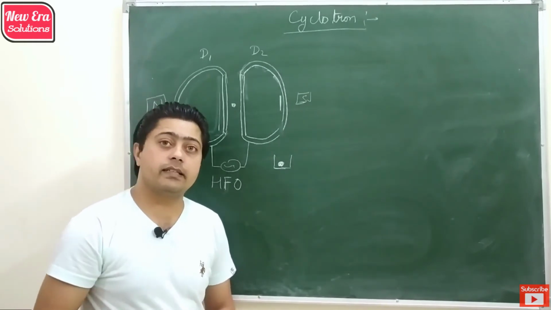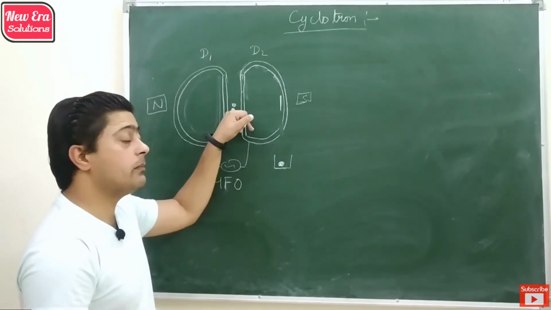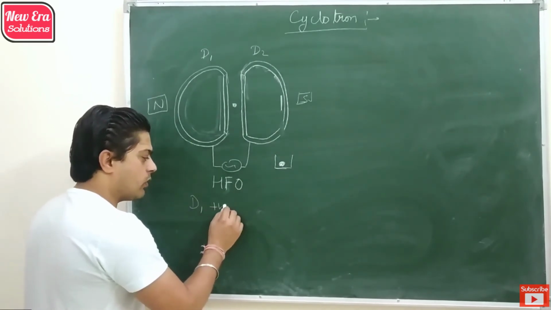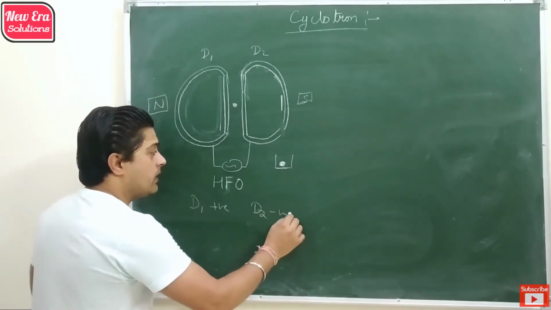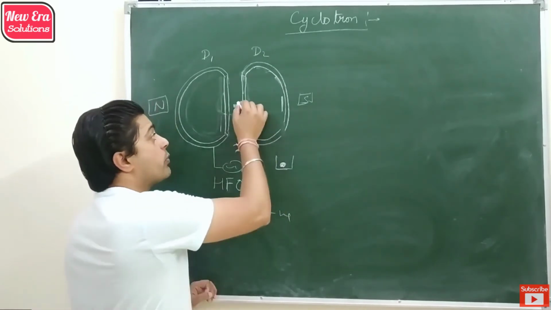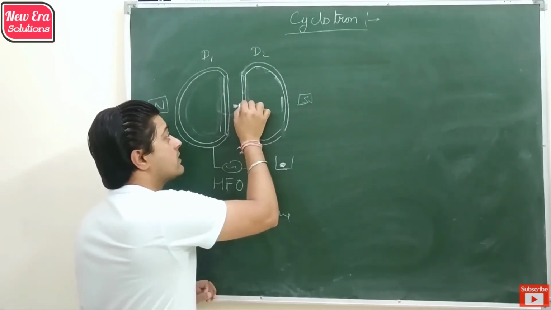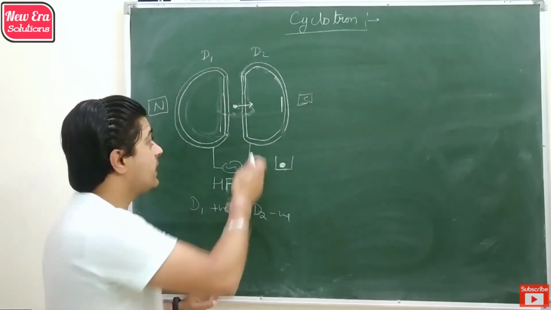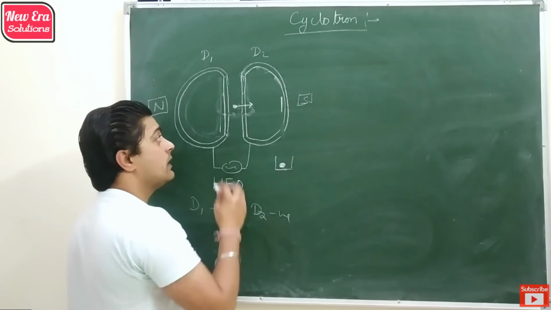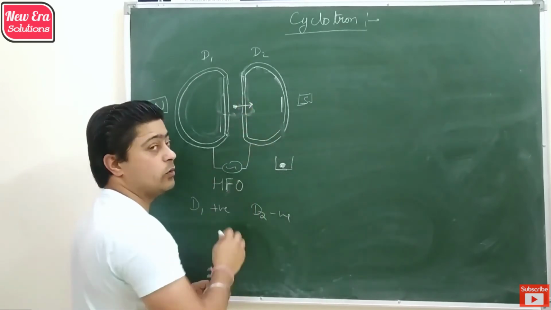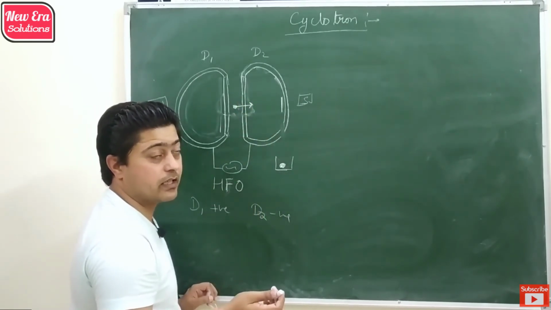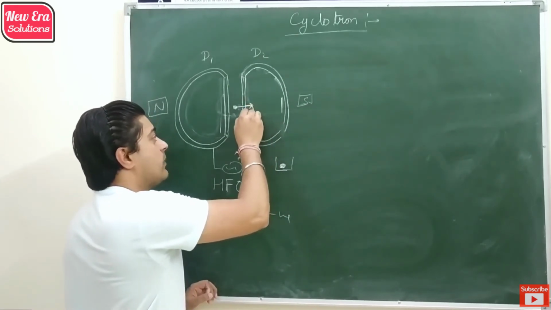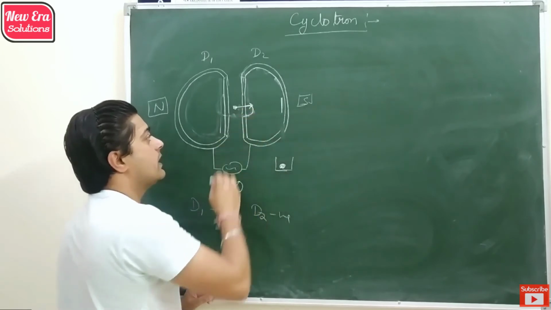So let's illustrate that. We have a source of protons between the D's, so when the switch is on, let D1 become positive and D2 become negative. Then the proton moves towards D2 due to acceleration obtained from the electric field present in the gap. But as it enters D2, as we know, the electric field vanishes inside a conductor. So due to the magnetic field, it rotates in a circular path and again moves towards the gap.